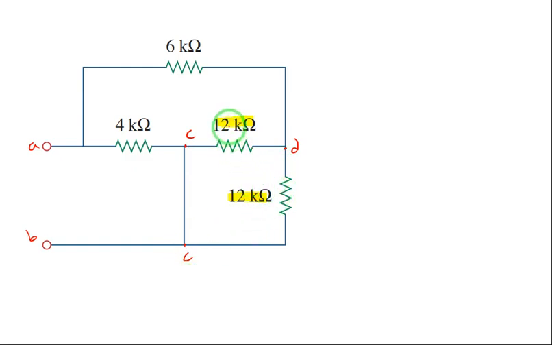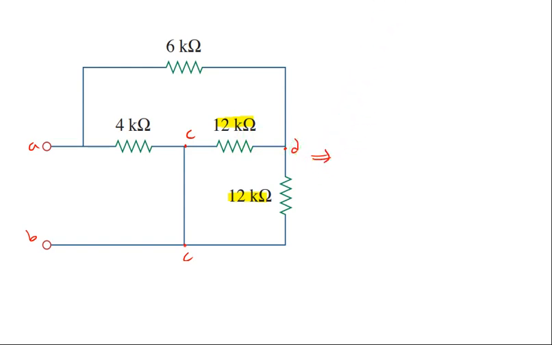Two resistors connected between the same pair of terminals form a parallel combination. Here the same resistors are given, so the result becomes half. If two equal resistors are connected in parallel, the resultant becomes half of that resistance, that is R by 2, so the resultant is 12 by 2, that is 6 kilo ohms. So it can be rewritten like this.